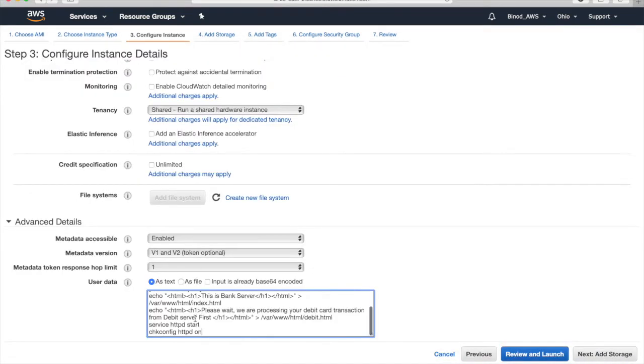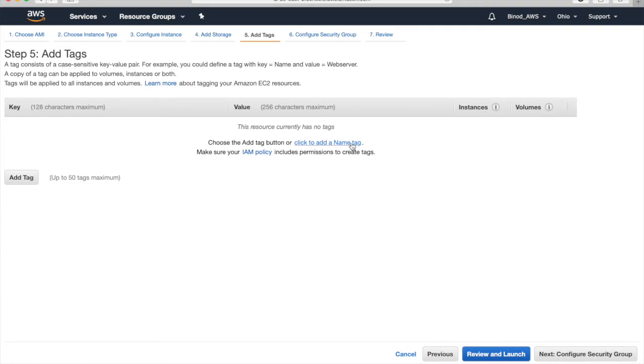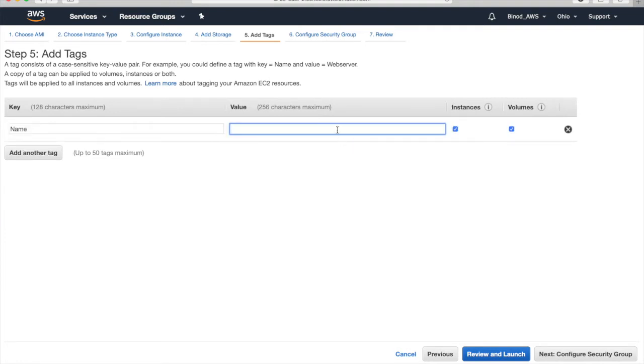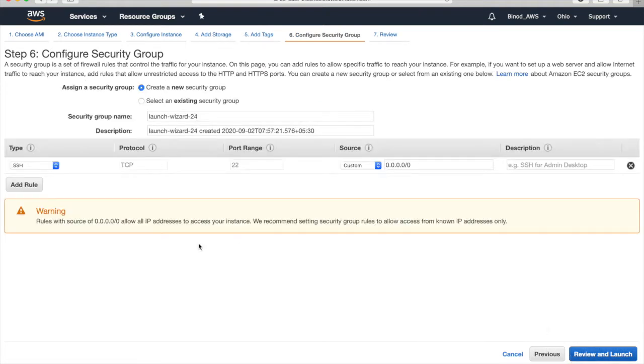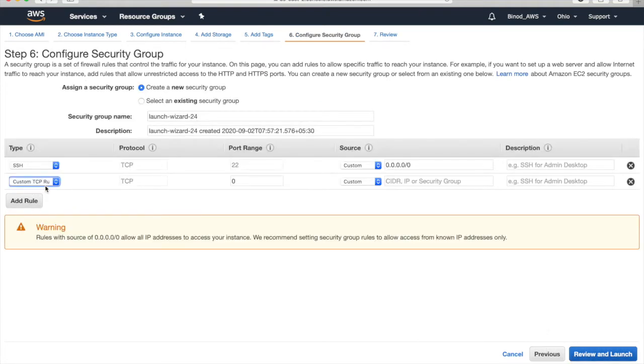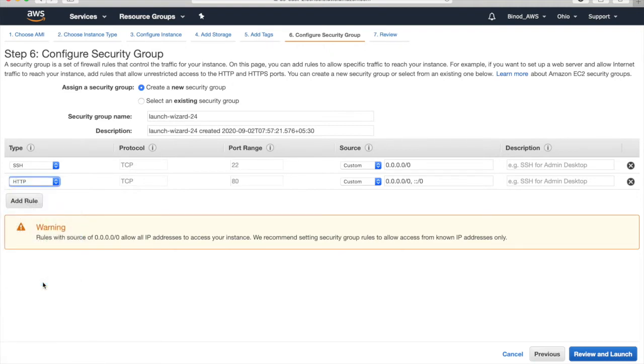Paste it here and don't change anything. This is just for demo purposes. Add a tag, anything. And we have to add HTTP, right? Because this is the application server.